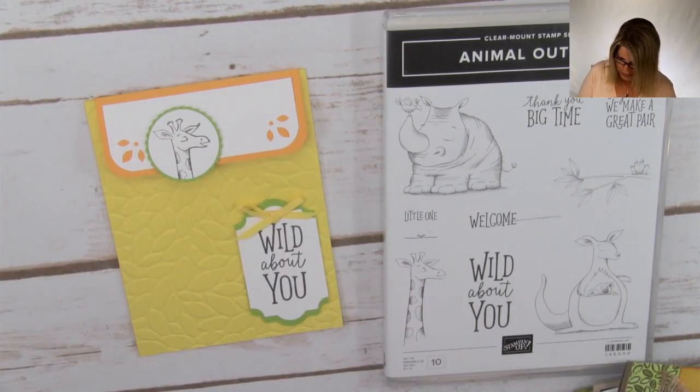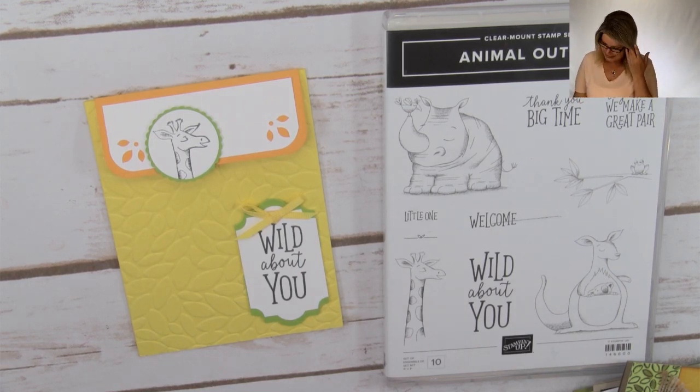All right, so those are some great additional ideas made with this Animal Outing stamp set, along with the 2